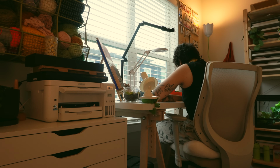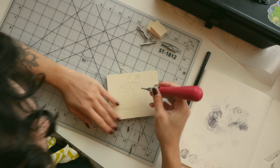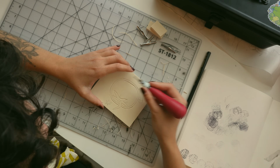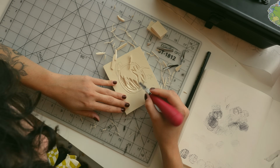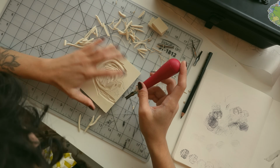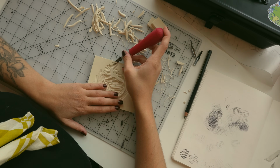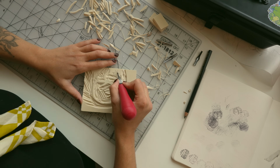So for my design class, we have a bookbinding project that is due next week, and I'm currently working on some of my pages that are going to go in that book because I kind of want to get it done this week. So I have most of my pages done, and now I get to add in my own ideas from my own brain instead of just some of the requirements that we had to fulfill for the book. So you guys saw me sketching the Sunny Angel and making the little lino cut guy,